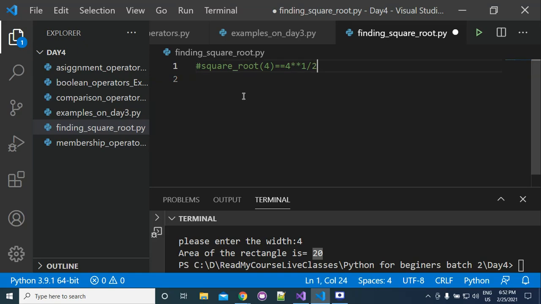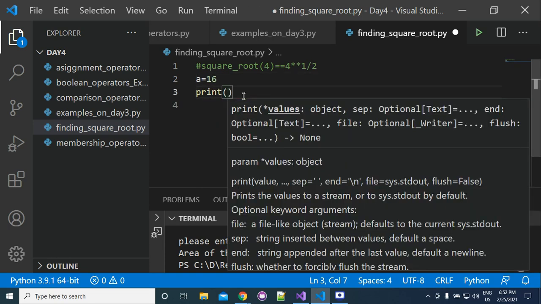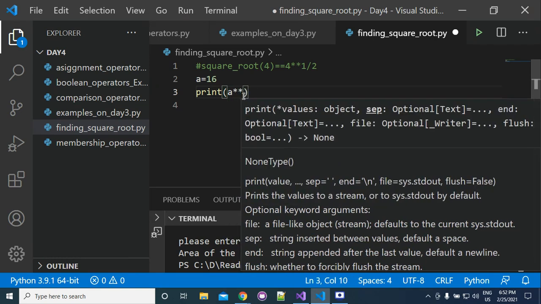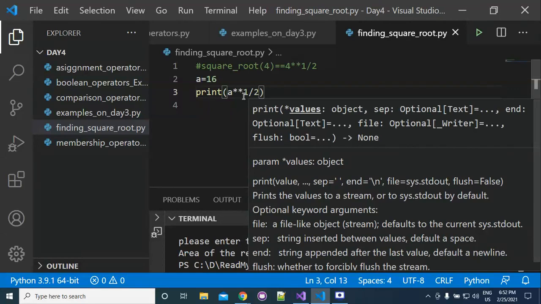So if we have a value a is equal to 16, and we want to get the square root of this, we can write print a double star 1 by 2.